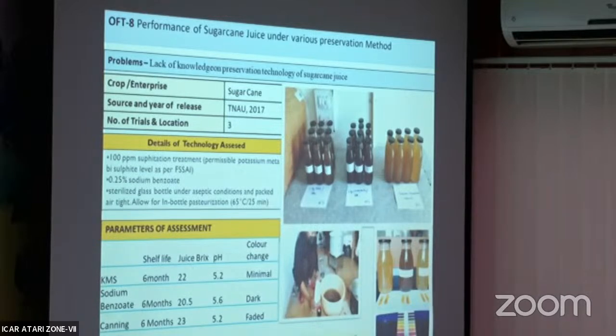But as per the recommendation for food items, especially juice, they said that... Which one is the best? KMS, sir. KMS. Okay. Actually, potassium metabisulfite sometimes has some health risk. Okay, no problem. Even after 1 year, the juice is not turning bad. But the shelf life we have retained is just 6 months because of the recommendation. But you have seen it visually, no? Yes, sir. But you should do some analysis, then only you will be able to know. Yes, 6 months. Yeah, we have tested. No, that is simply by organoleptic test. Okay, sir. I'll take note of that.